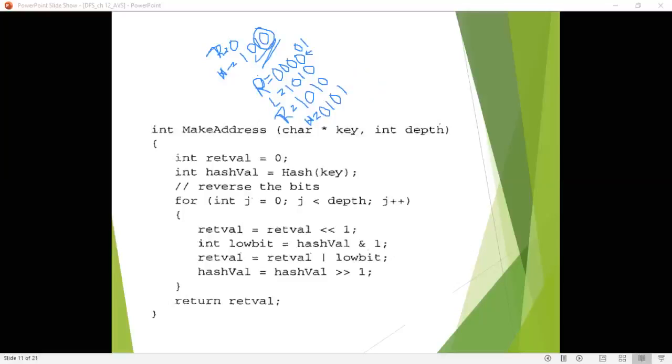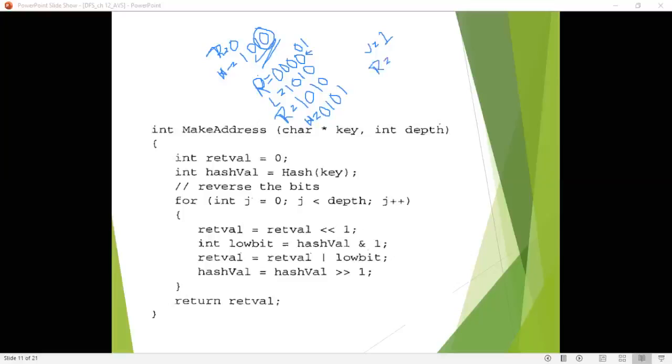Next, again the next iteration, that is when j is equal to 1, what are you going to do? What is the return value now? Return value is equal to left shift of the return value by one position.